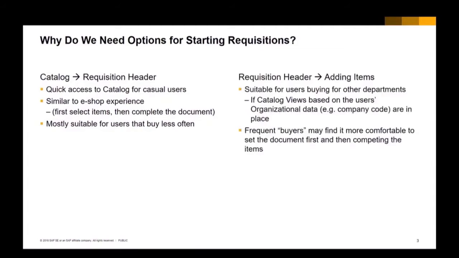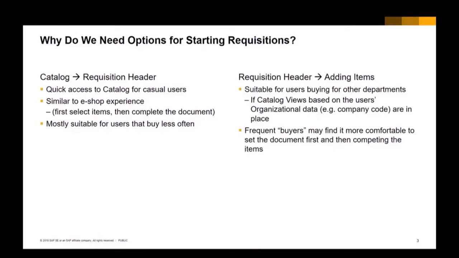Another option is starting a requisition from the requisition header screen, specifying the requisition title, company code, and some other additional data like delivery date and delivered to field. After preparing this requisition for processing, users typically select the option to add items to the requisition that they prepared as a first step. Typical usage is by advanced users who